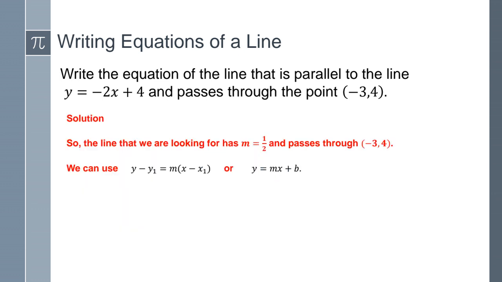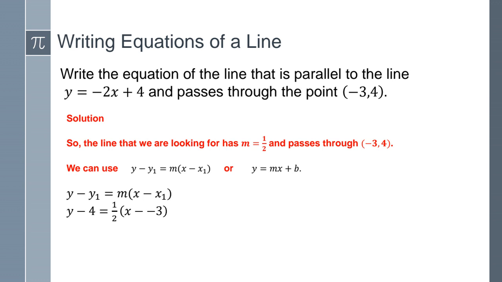So now again, we can use either the point-slope formula or the slope-intercept form. We're sticking to the point-slope formula. So I know that my point was negative 3, 4. So the y1 is 4, and the x1 is negative 3. So I'm going to plug it in to the formula. And my slope that was perpendicular to the equation was 1/2.